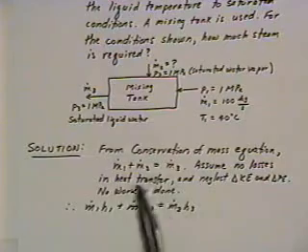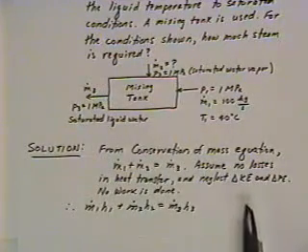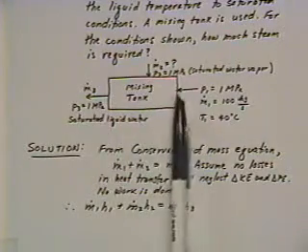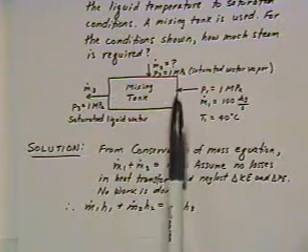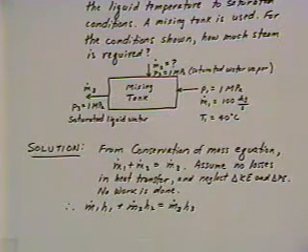We're going to assume that we've got no losses throughout our mixing tank, that it's well insulated so we don't have heat transfer losses. There's no work being done. We're going to assume that there's not going to be any significant change in kinetic energy or potential energy. And so we've got a very simple expression that we have to solve then for the